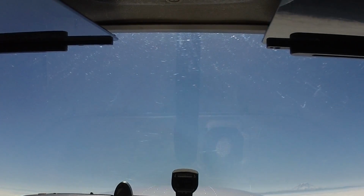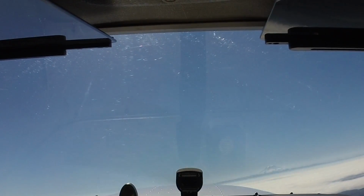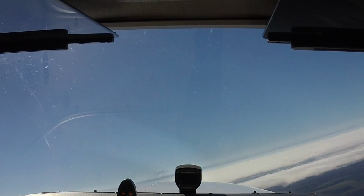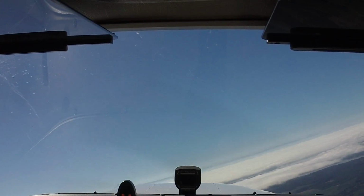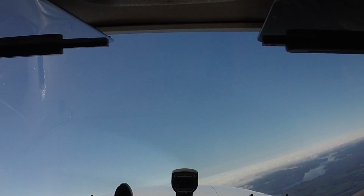This time we'll try to turn to the right. So just pitch for getting back up to 3,500, and I'll handle the power. Okay. Remember your rudder? A little bit of right rudder. Okay, I got the power. Now you're just pitching to maintain the altitude. So if it's climbing, you put the nose down a bit. If it's descending, you pull the...